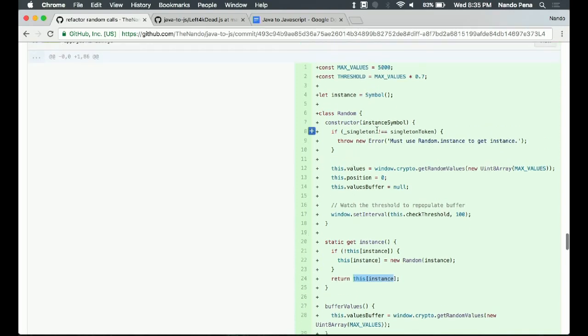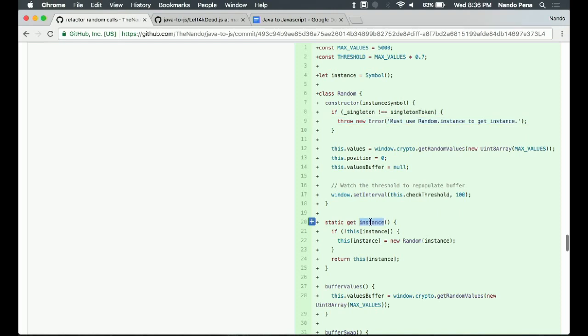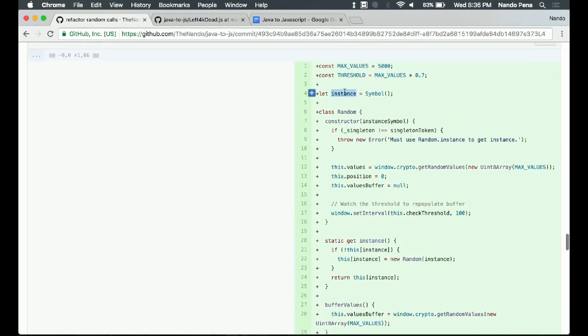And then the constructor says, I need specifically to get this thing. If I don't get this thing, then I'm just going to throw a fit, and I'm not going to make anything. So you can't use new to create a new instance of this random. You have to use this instance method, because otherwise you have no access to this special symbol that it's looking for. So that's just a real simple singleton method that lets me create the random number generator one time and not have to worry about it again.